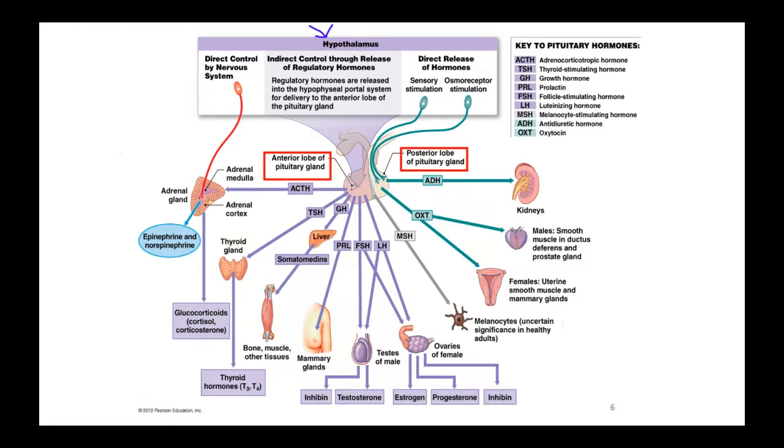And you'll see that most of the hormones are here on the anterior side, and there's a few on the posterior pituitary side. Remember, the other name for anterior pituitary is called the adenohypophysis, and the other name for posterior pituitary is the neurohypophysis. And up here on the top right, you'll see a little key that goes over the abbreviations and what they stand for. And this is kind of important because in healthcare,